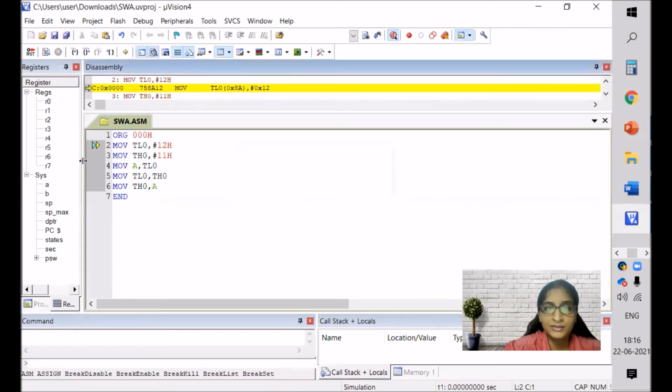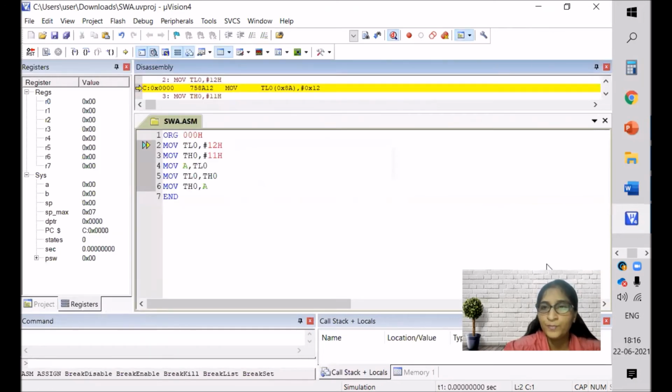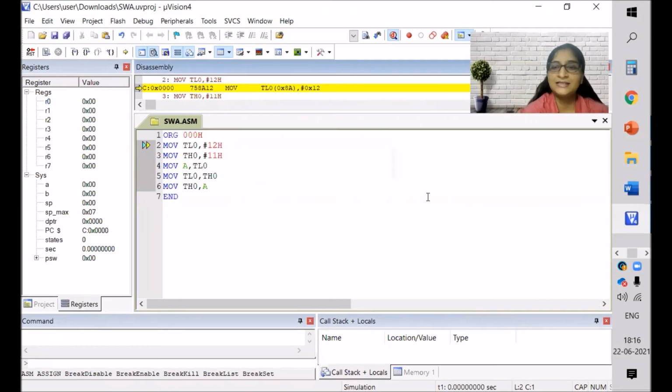Right. Now, one new thing I'm going to show you. Till now you know how to see the value of the register and accumulator, which is visible here. And you know how to see the value present in a RAM location: we go to View, take the memory window, write D colon and then the location, and we see the value present in that particular location. But now we have to see the timer. So where is the timer? See here in this list, the timer is not available. So how to see the timer? We have to click on peripheral.